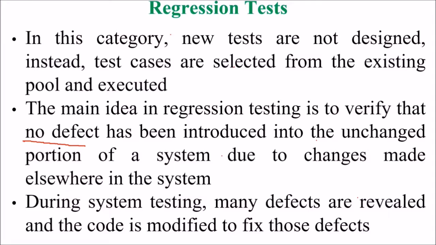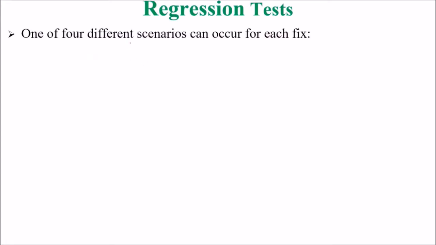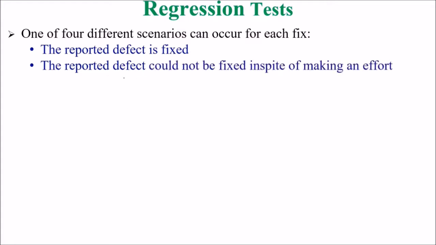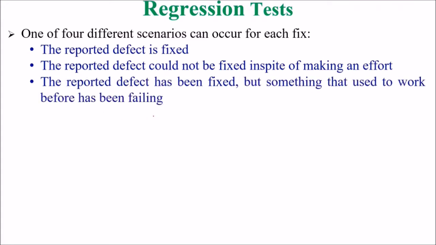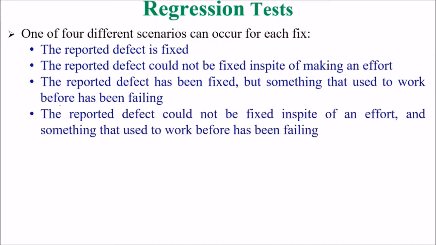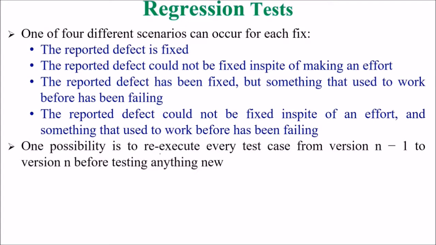During system testing, many defects are revealed and the code is modified to fix those defects. In regression testing, one of 4 different scenarios can occur for each fix. The reported defect is fixed. The reported defect could not be fixed in spite of making an effort. The reported defect has been fixed, but something that used to work before has been failing. Or the reported defect could not be fixed in spite of the effort, and something that used to work before has been failing. So one possibility is to re-execute every test case from version 1 to version n before testing